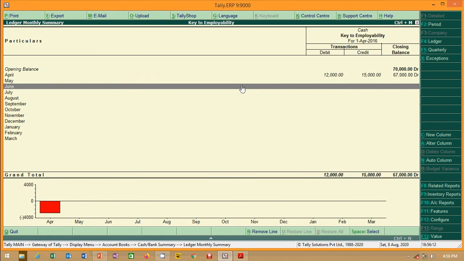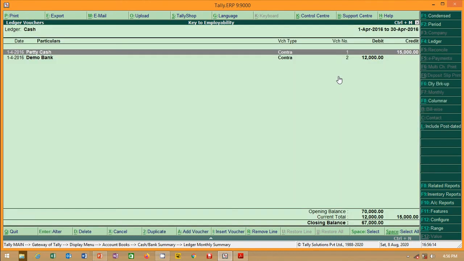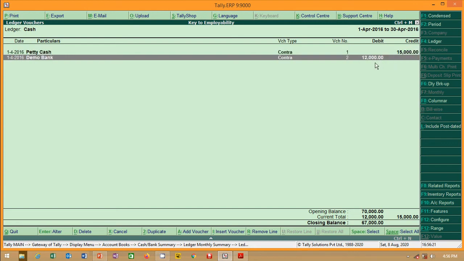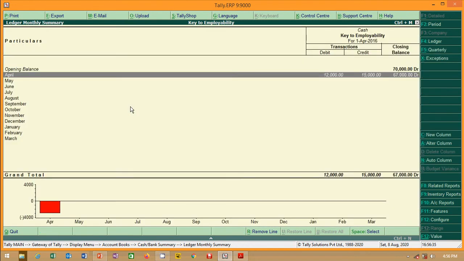So 15,000 for petty cash has gone out, and 12,000 has come to cash. The closing balance is 67,000, with 15,000 credited and 12,000 debited, right? So the cash ledger is clear.